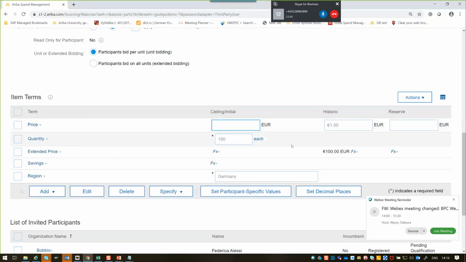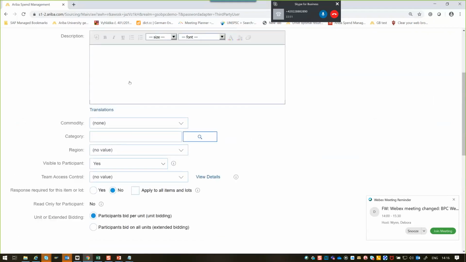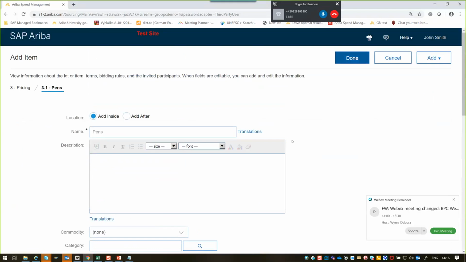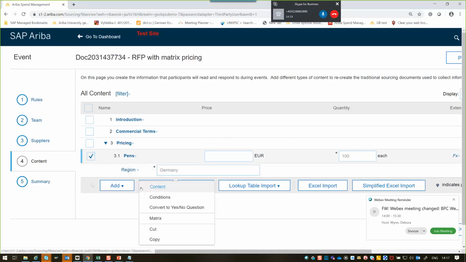So I have here region Germany. So suppliers are going to give me price for a pencil, for thinking it's a region, for region Germany. I click on done. So still the old way of doing that, no difference. If I want to add additional terms, or if I want to multiply it, if I want to add additional regions, what we had, Germany, France, UK, America, Hong Kong, or what, then I'm going to select my pens, edit